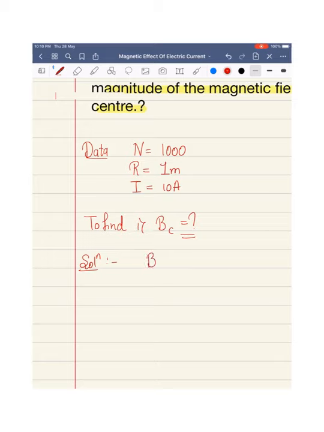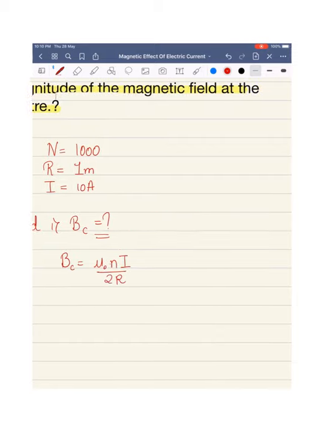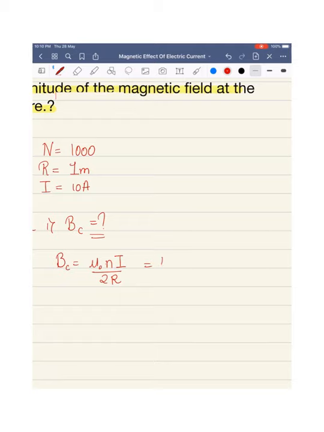So as we know that the magnitude of magnetic field at the center of a circular coil by Biot and Savart's law is given as mu naught N I divided by 2R, where N indicates the number of turns. Okay, so mu naught value is 4 pi into 10 raised to minus 7 Weber per ampere meter. Number of turns are 1000, so 10 raised to 3 into 10 upon 2 into 10 raised to minus 2 into 1, which is SI unit. So cancel it. So 2 1s are 2, 2 2s are 4. So you will get 2 pi. 2 pi value is 6.28